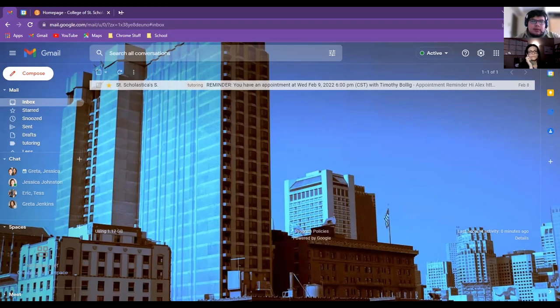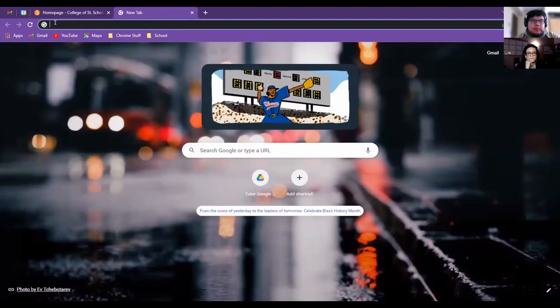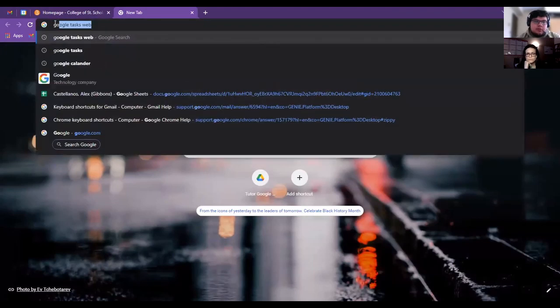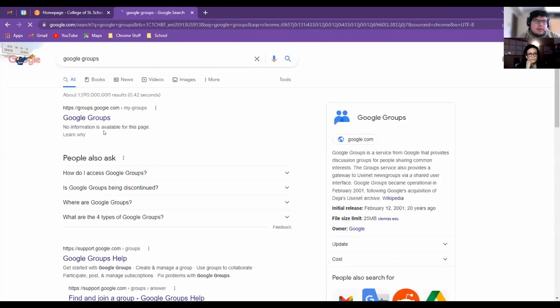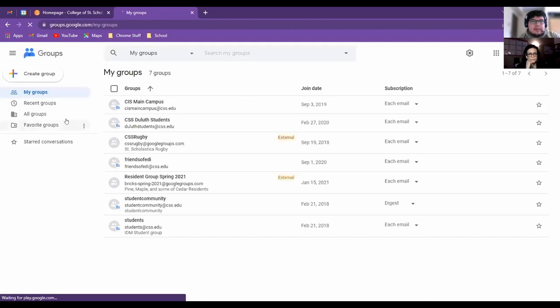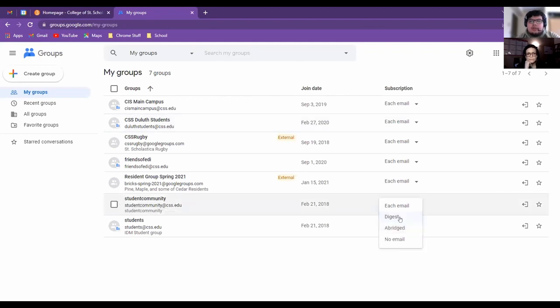And another thing you're going to want to do is specifically for your emails, if you go into Google Groups, here you'll have a full list of all the groups that your email and account's connected to. For example, everyone has student community, and you can actually go into your subscription section and you can tell yourself